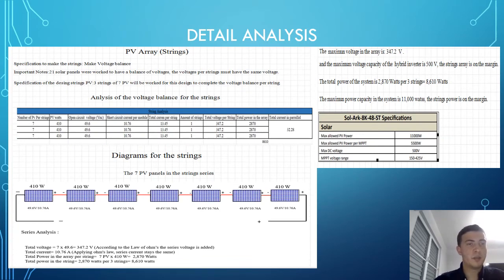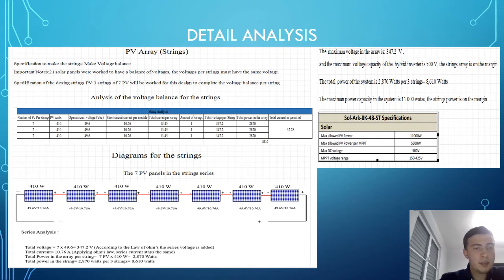The specification of the strings are 3 strings of 7 PV will be worked for this design to complete the voltage balance per string. And the 3 strings must have the same voltage to complete the specification of the inverter. And this is the analysis of the voltage balance for strings, where we have the number of panels,